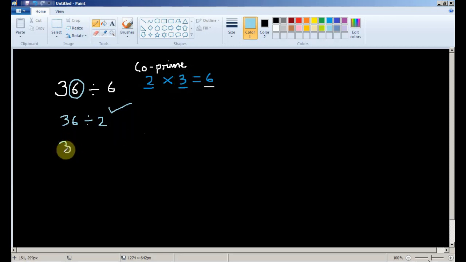The sum of these two digits, 3 and 6, is equal to 9, and 9 is divisible by 3. If we divide it by 3, we get 3. So this is divisible by 3 also. Therefore we can say that 36 is divisible by 6. Okay, let's verify this.